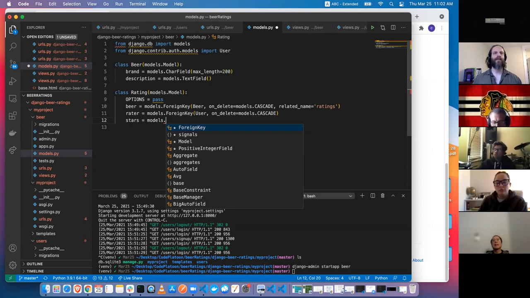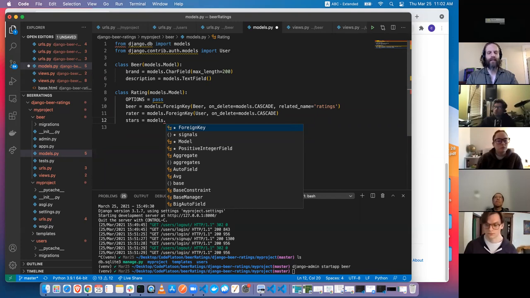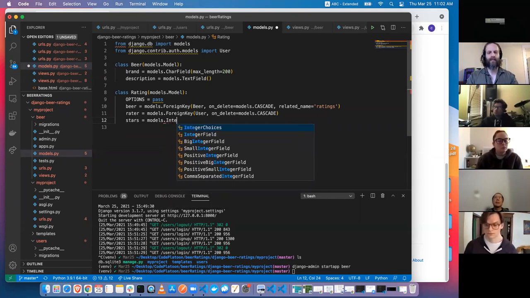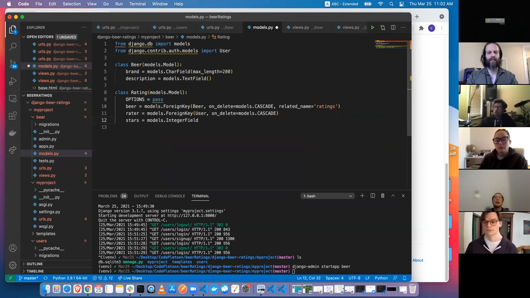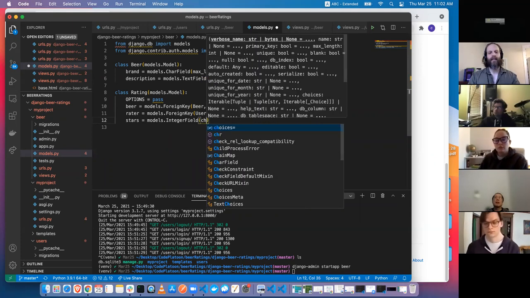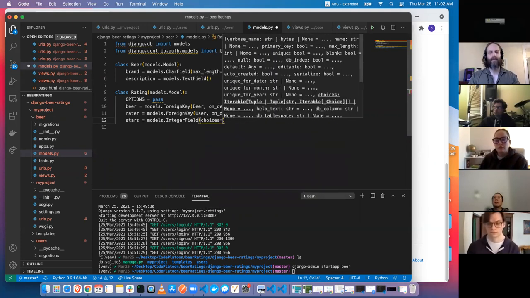So we can store 1, 2, 3, but represent that to the user as a word or a string. So ultimately what we want to store, let's say, is an integer. So we have an integer field,